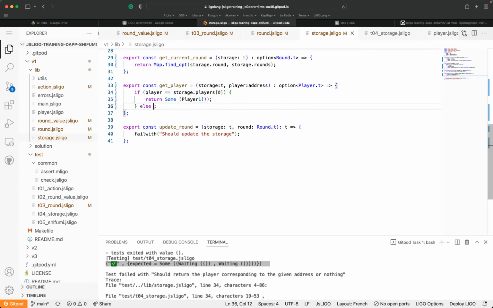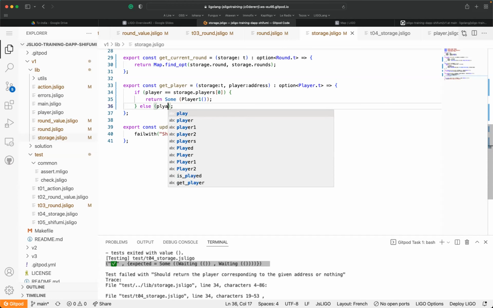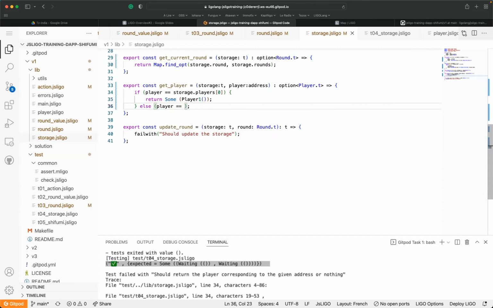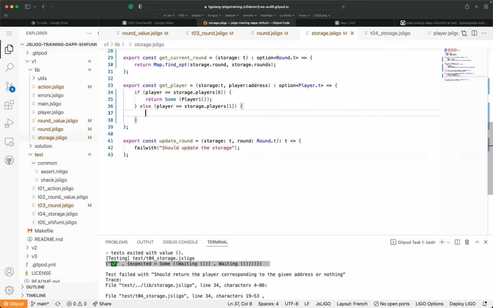Else, and here the test should be done for every entry, because the player could be someone else which should not be maybe this player 1 or player 2. So I have to deal with that. So my storage dot players, don't give me the player with the S, why? Because it's an attribute. Okay, it's not player 1, a player at the index 1. Okay, we say this is the player 2. Once again, we deal with the value, so we have to say I give you a value.